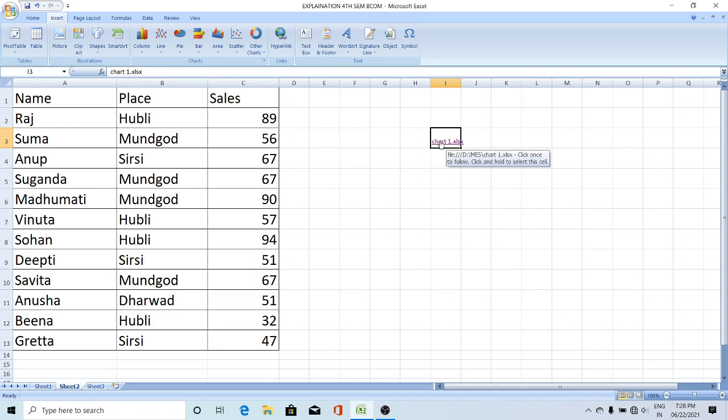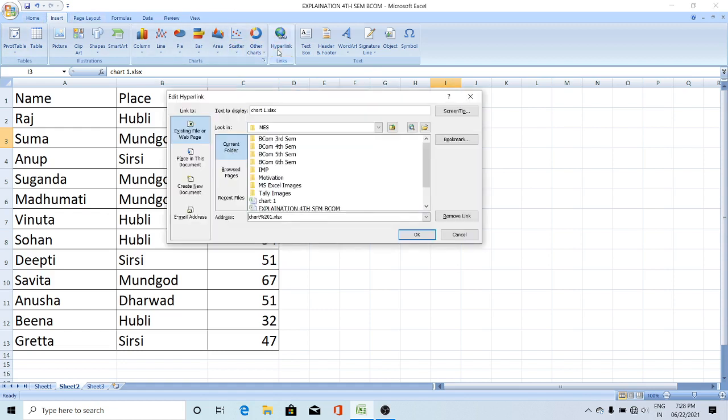Just click on this cell and from Insert, click hyperlink. The hyperlink dialog box will appear. From that, you can choose any file or any web page, any email address, anything you can give here. Place in This Document is there. Create New Document also, and you can give a link for an email address also.